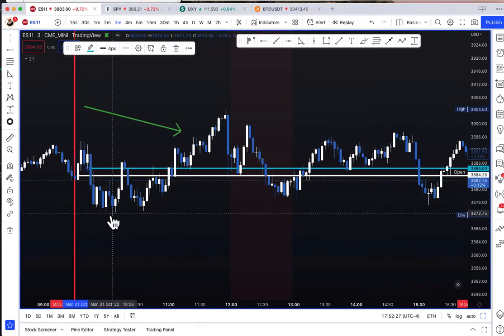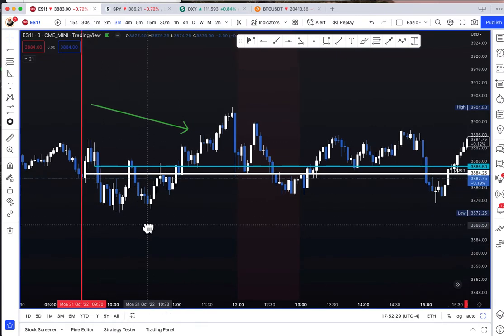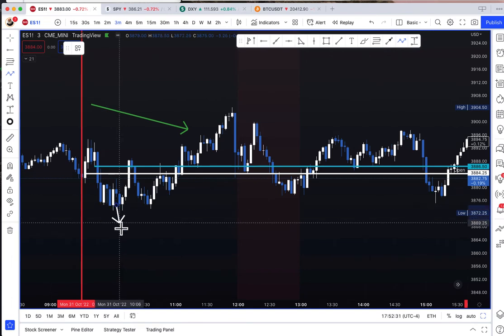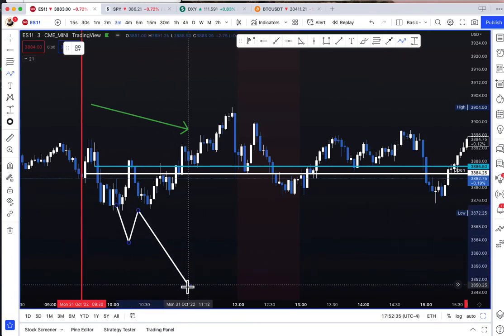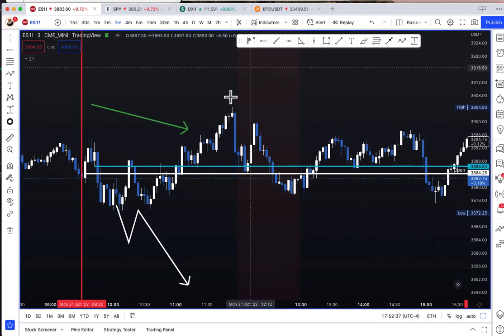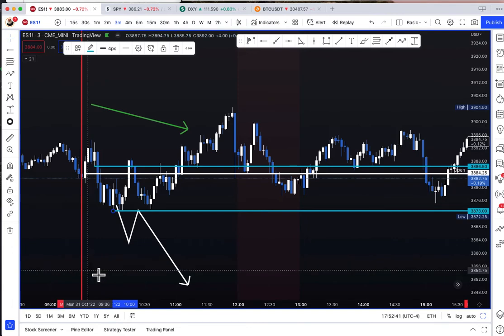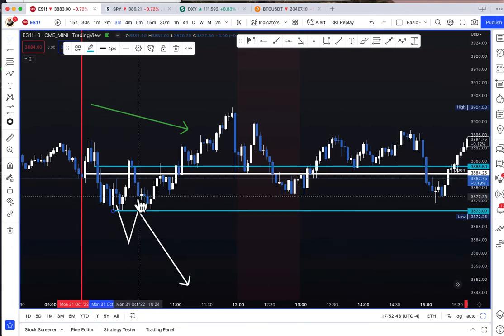So price was coming down here. And to be honest, I'm wanting price to continue to go down, come back and hit this level and keep going short. This is the short I actually want. I want this short right here. Price goes away, comes back, hits me there. So in the room,